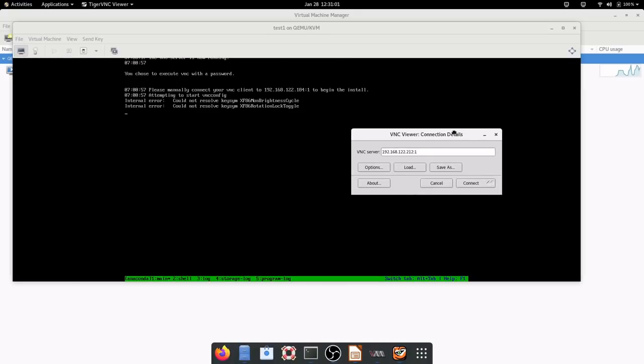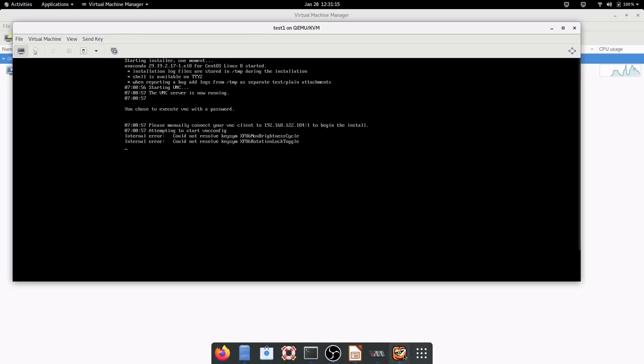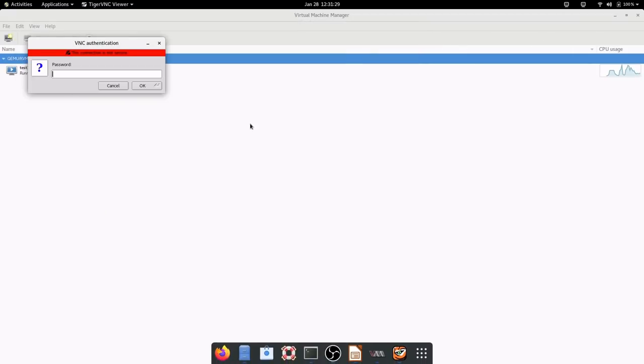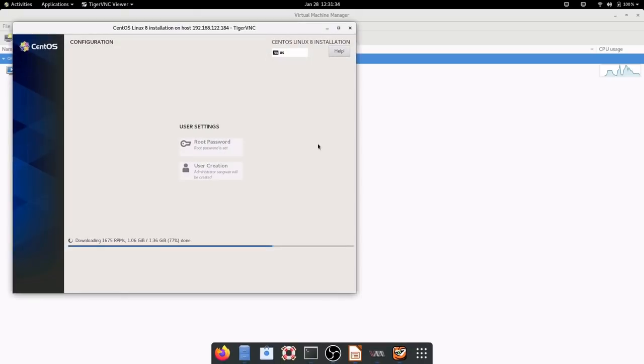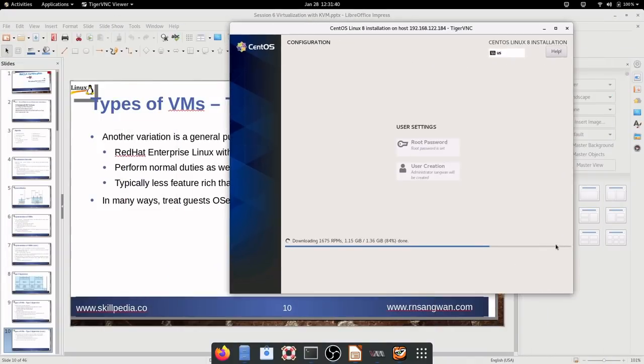So here I'll show you the VNC IP address. The moment I see that, I will be using that IP address. I can see the IP address 192.168.120.184. So let me select that 184 IP address. 184:1 and connect. It is asking me the password. I know the password I gave in my PXE boot, and see, the automated installation is going on. I can minimize this and my installation is started.